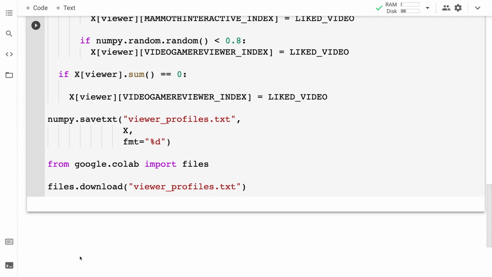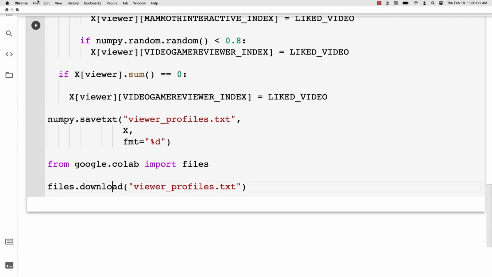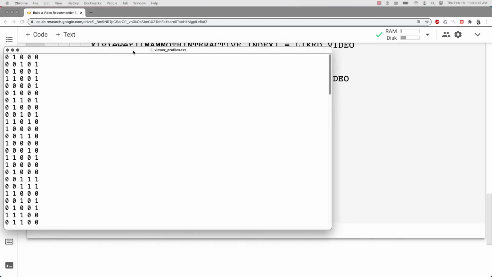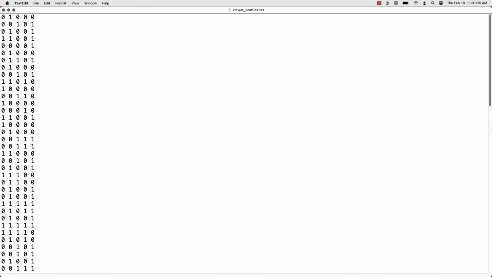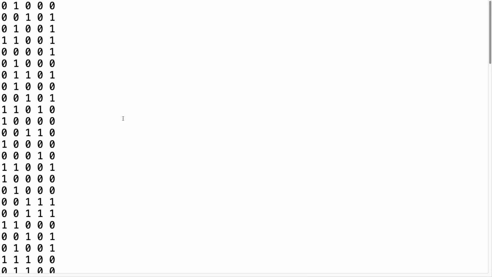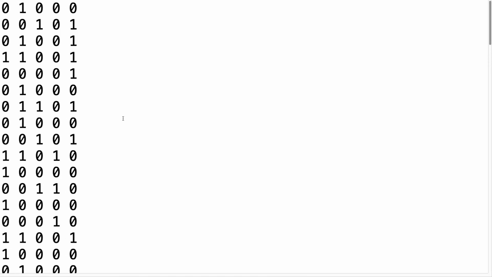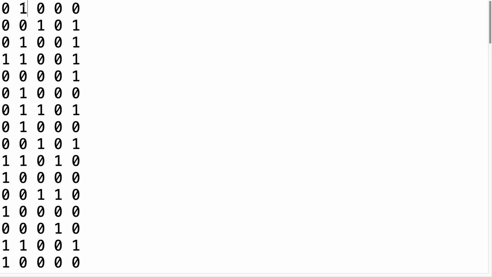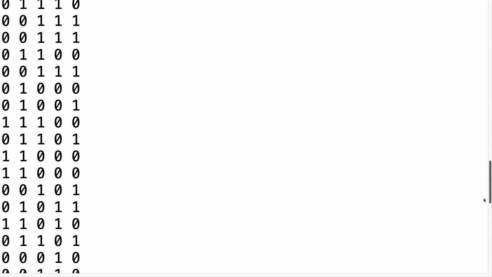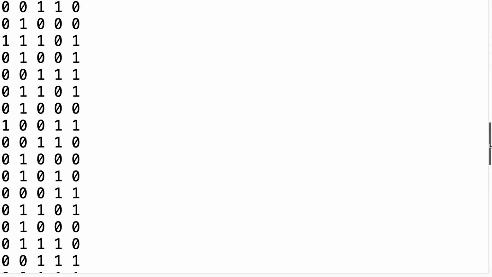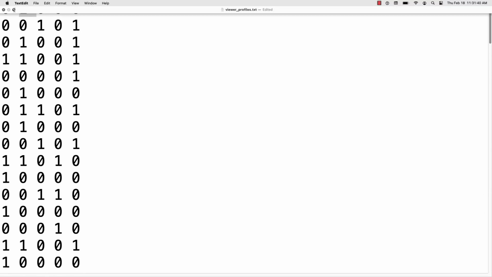Now if I click on that TXT file, I can pop it open, and let me just toggle full screen so I can bring that up. Here it is. So this is the TXT file that's been generated. Okay, look at this. We have 100 rows and we have 5 columns per row. And at every column we have a value 0 or 1. 0 represents that the viewer did not like the video, and 1 represents that the viewer did like the video. All right, and we can see all of those rows. Okay, everything's looking good, so that means we successfully created our data set.